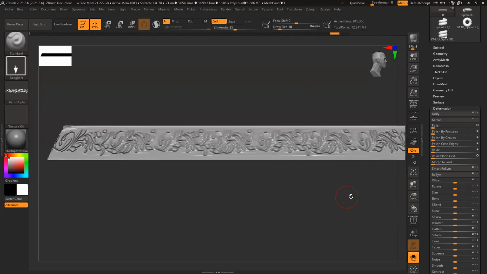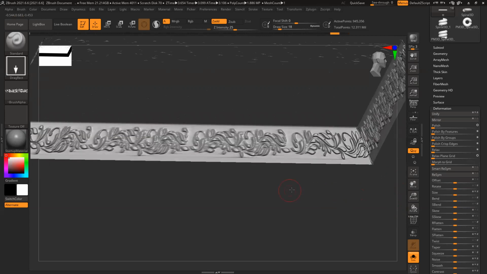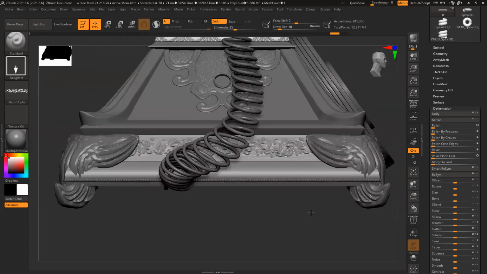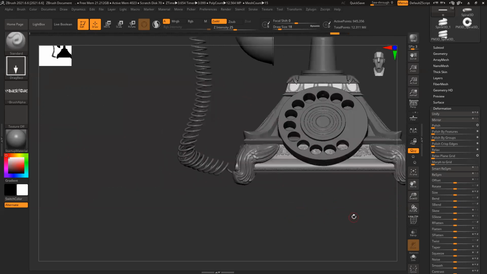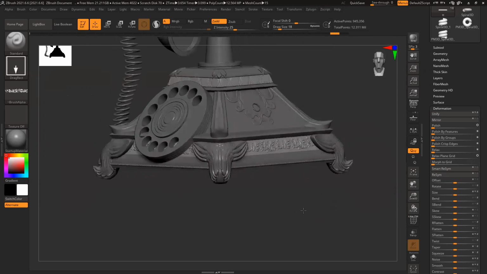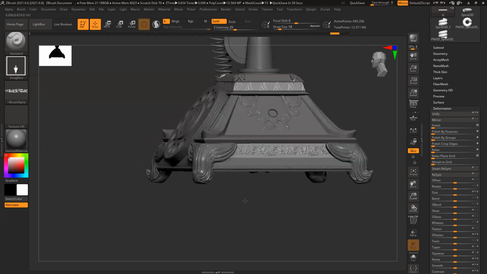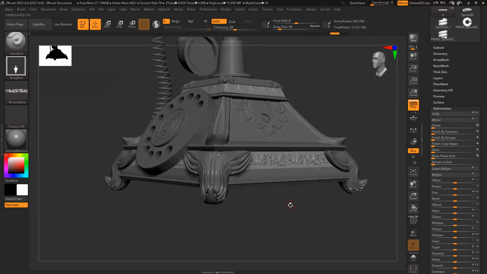Not too much, it's bad. I should have worked on only one side. That must give me a better result, because with all 4 sides there's too much polygon and it's very difficult to control it. But my basic design is ready.